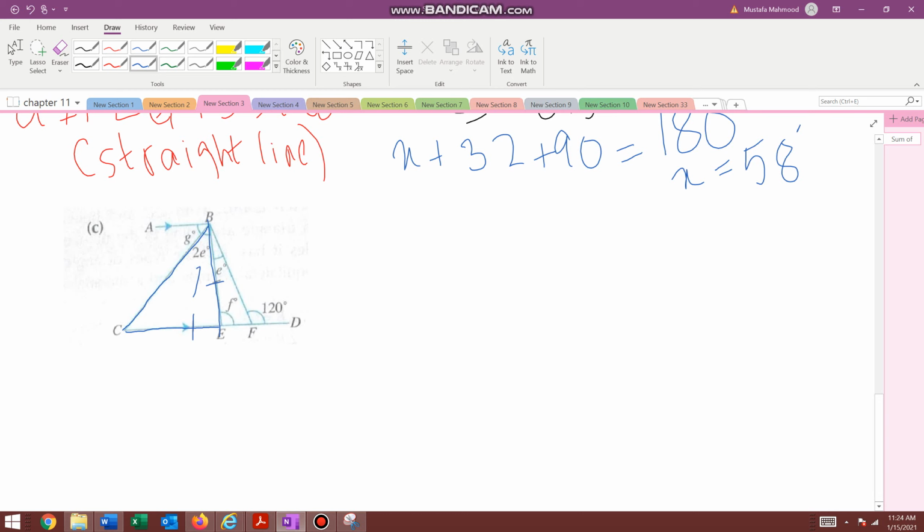So ये वाला इसके opposite है, तो दूसरा ये वाला है. So this will also be a base angle and the two base angles are equal. So अगर वो 2E है तो ये भी 2E होगा. ठीक है? So now we know that the angle BCE is equal to 2E.